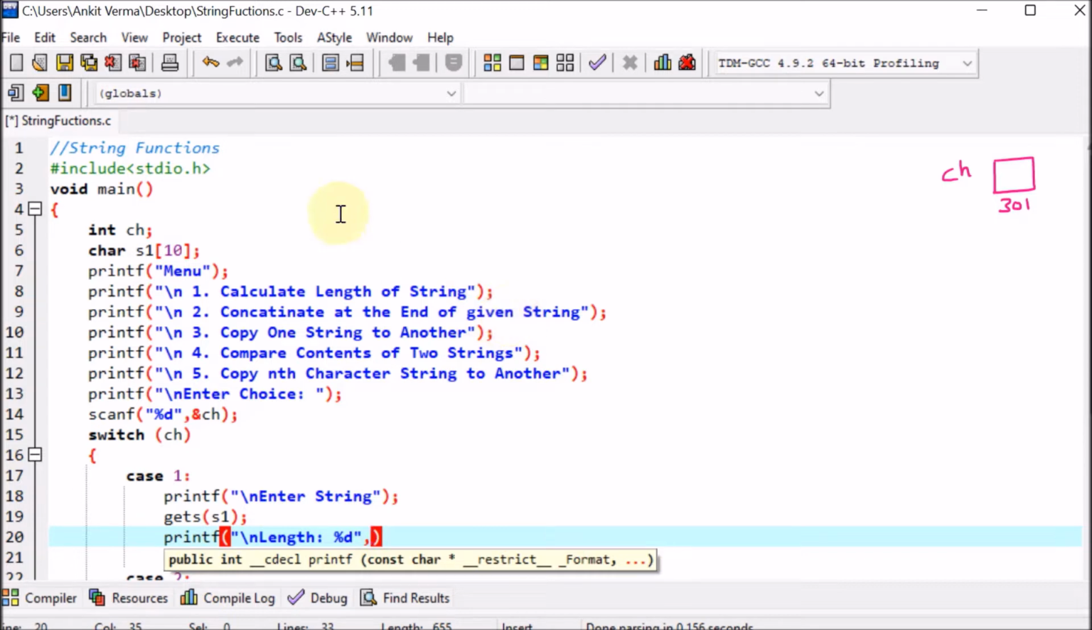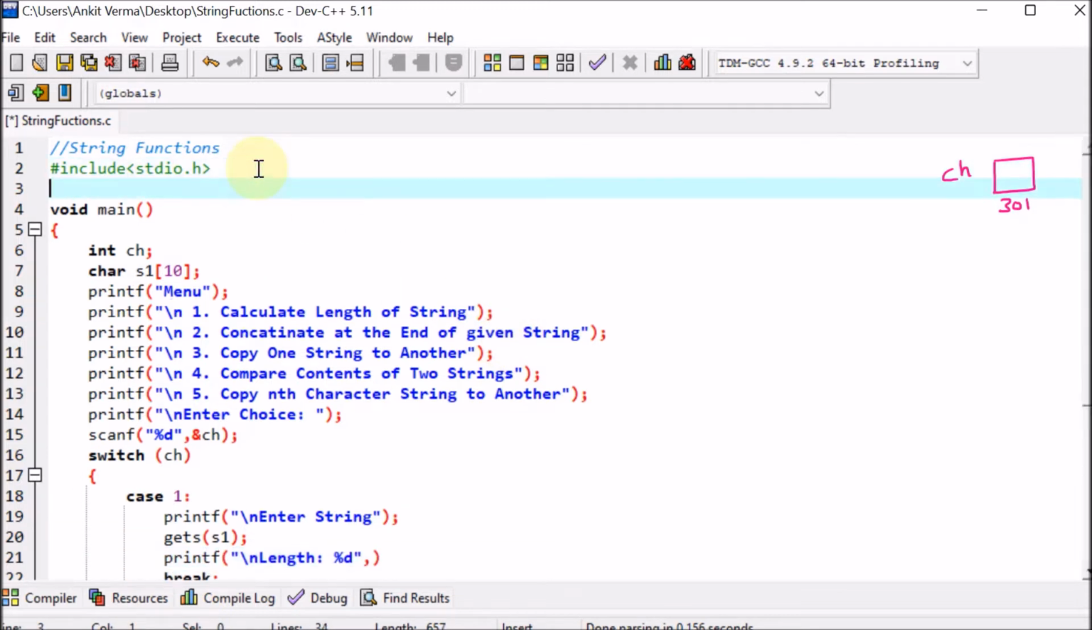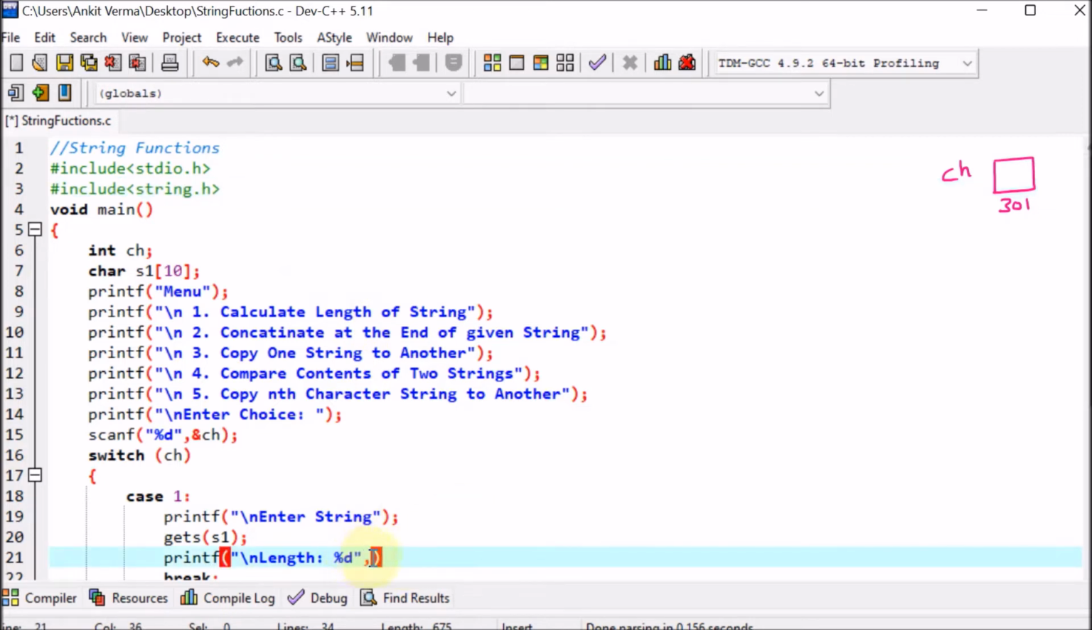So on the top, we are going to include the header file, which is #include. #include is the preprocessor directive to include the header file string.h. Whenever we are using the string functions, we need this header file. So here now we are going back. So length %d. Here we are using